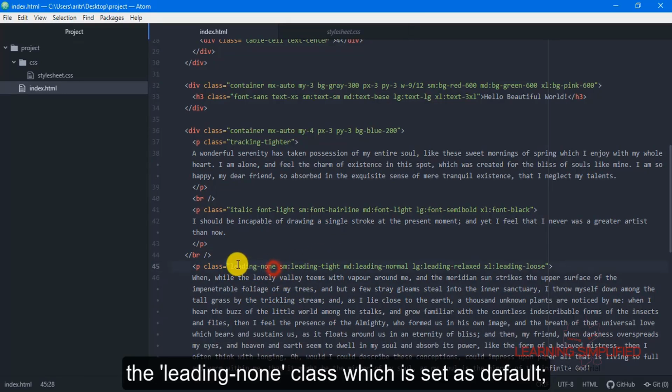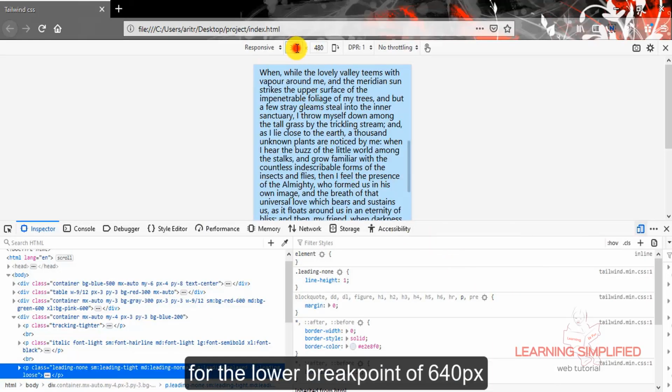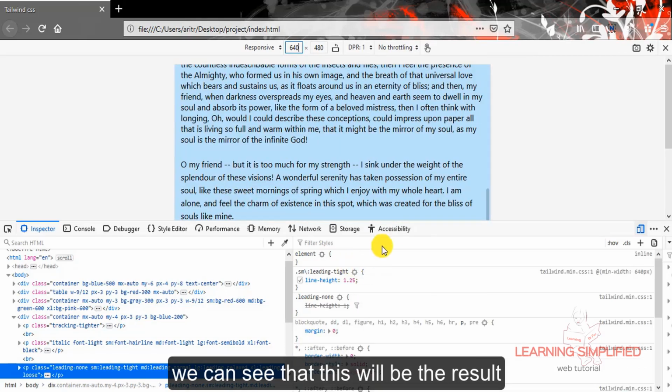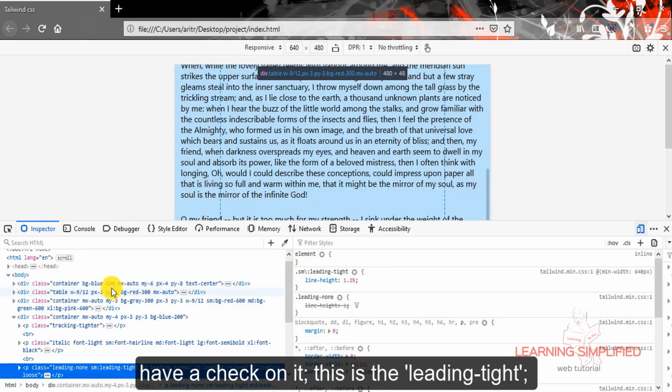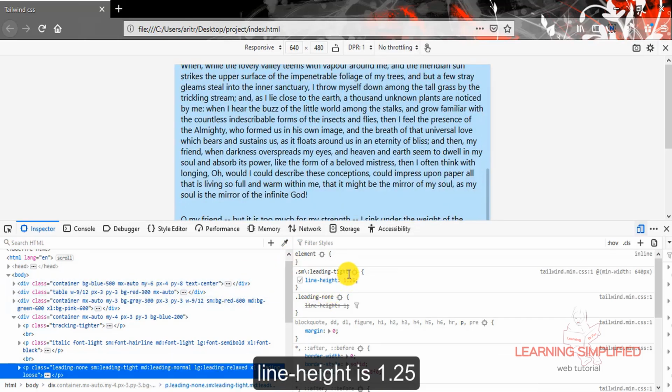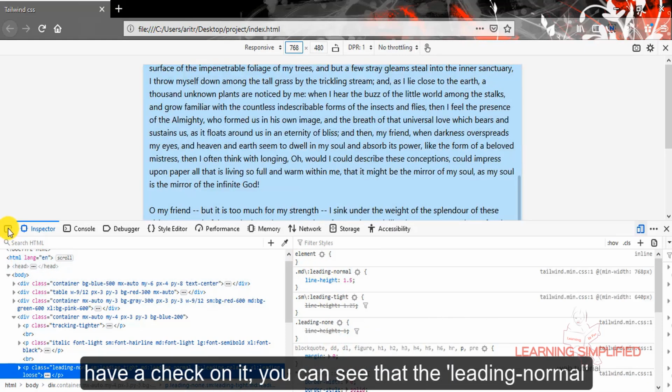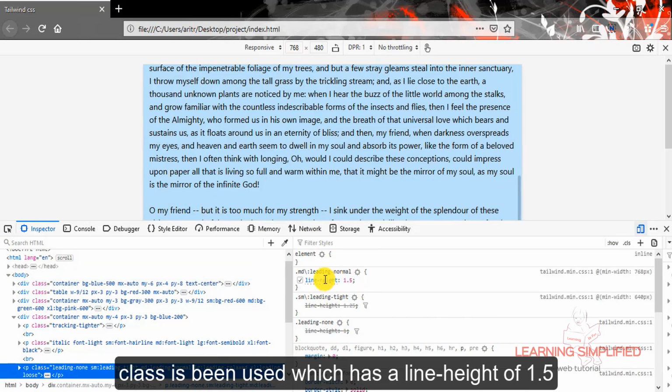This is the leading none class which is set as default. For the lower breakpoint of 640 pixels, we can see that this will be the result. Have a check on it. This is the leading tight. Line height is 1.25. Then it comes to this 768 pixels. Have a check on it. You can see that the leading normal class is being used, which has a line height of 1.5.